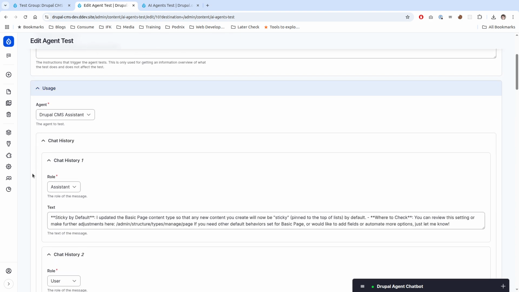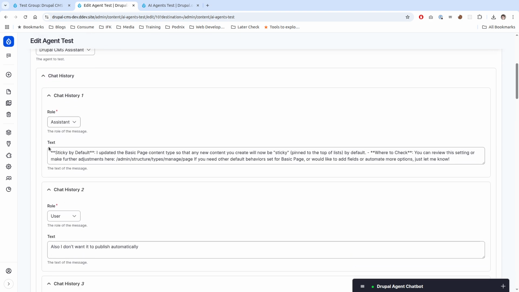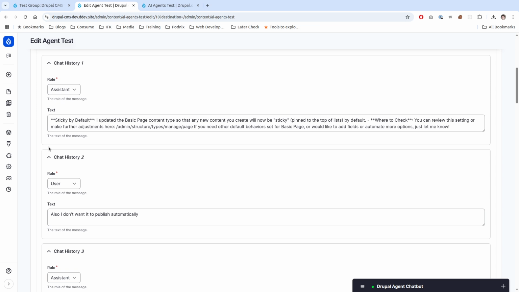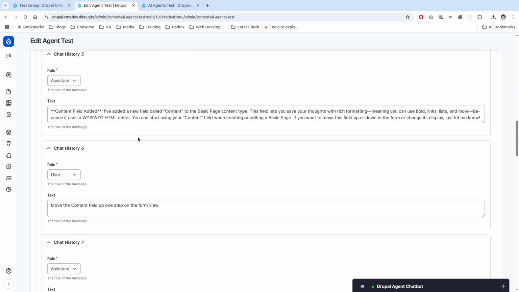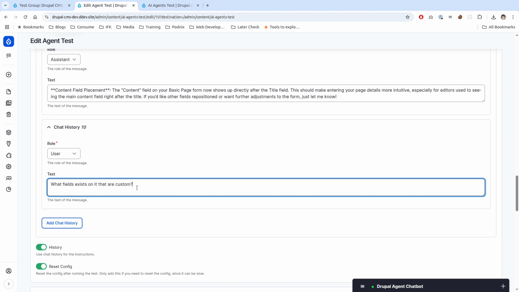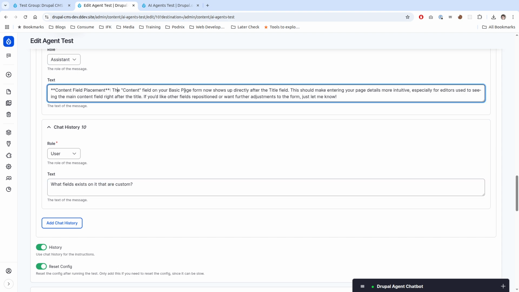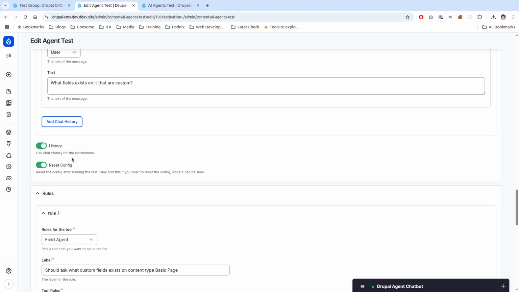You can see that chat history is enabled, and we have the whole history of 5 different sessions back and forth, because that's how much we're currently storing in Drupal CMS, where it's asking a lot of questions, and then all of a sudden, what fields exist that are custom, and it refers to, in this case, basic page coming back from a system. So here we have history, here we have reset config,